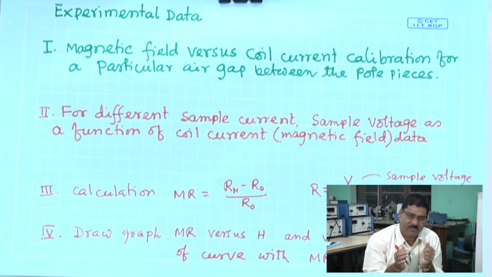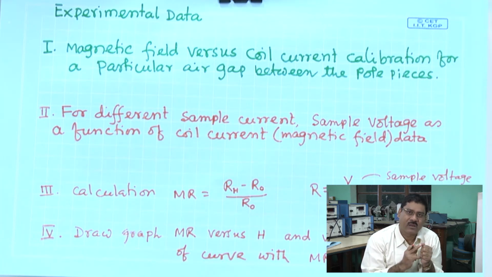and now in this condition we have to calibrate the magnetic field versus coil current. Coil current means the current we are passing through the coil of the electromagnet. So, for different currents, we will measure the magnetic field using the Gauss meter, Hall probe, and